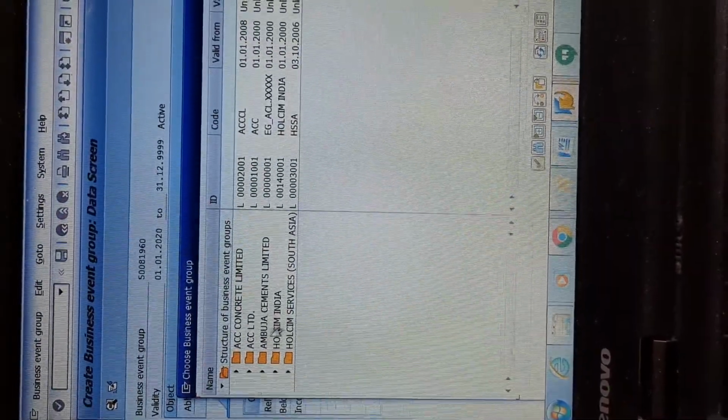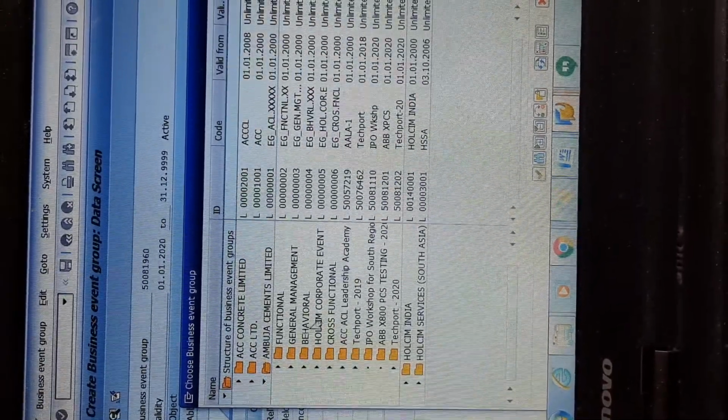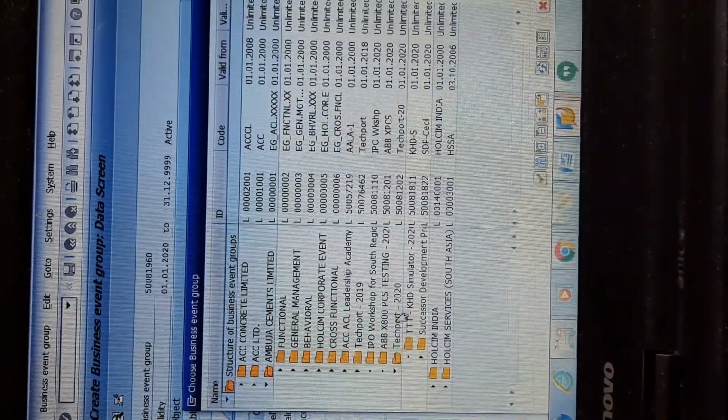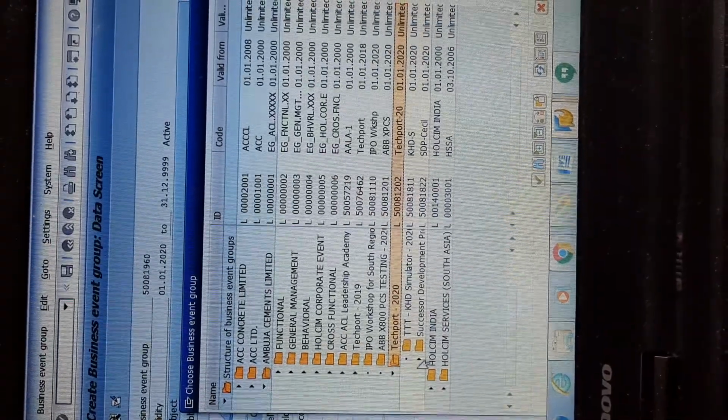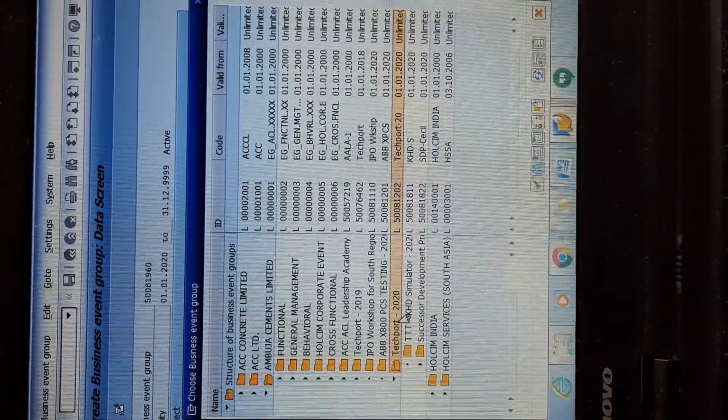You saw this folder as soon as you entered that PSV2, right? So now I'm going to create for technical, so Ambuja, and I'm going to get into TechPort and create here. So I'll double click here. See, where it has to be enabled, that time the folder will open, otherwise it will not get opened. Okay, I'll double click over here. So you got this code.